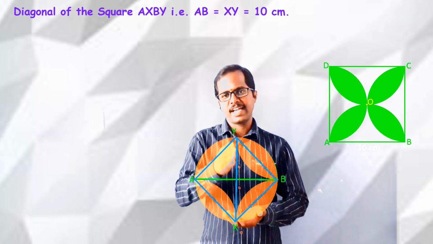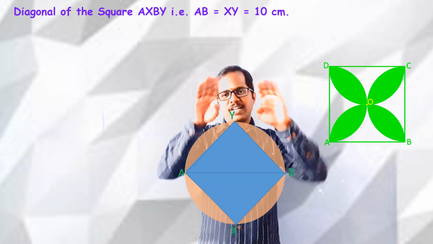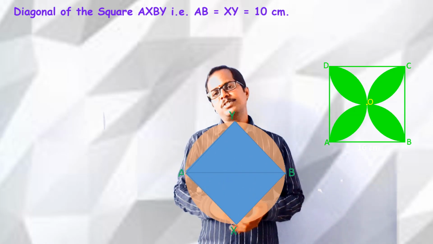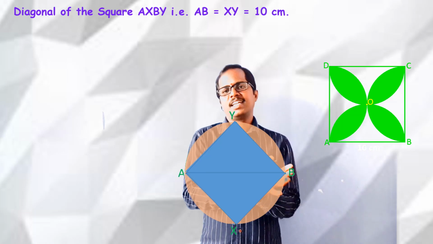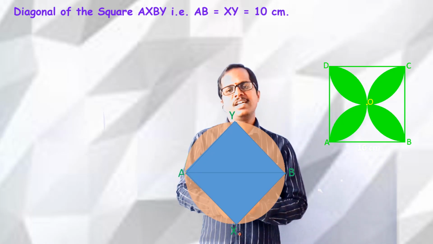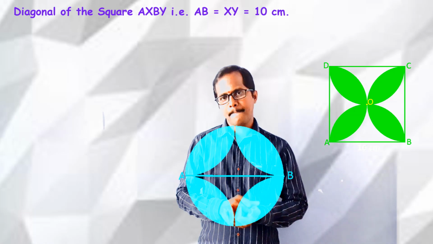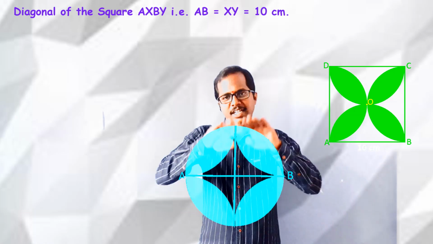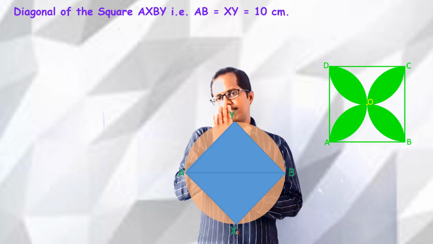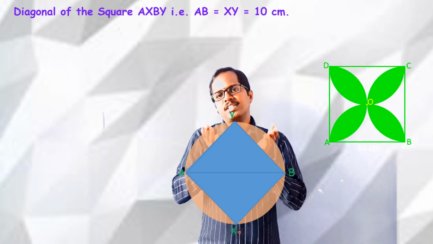Using the length of the diagonal of this square, we can find the area of this square, and also we can find the area of the circle since we know the diameter of this circle also. So now by finding the area of the circle and the area of the square, using these two areas, can we get the area of the shaded portion? Think. Here the circle is the bigger figure compared with the square. So if we subtract the area of this square from the area of the circle, what area do we get?